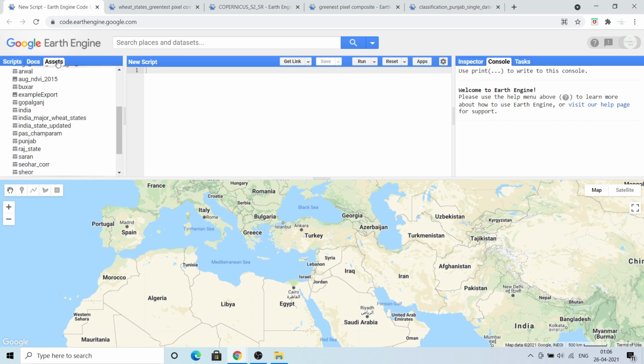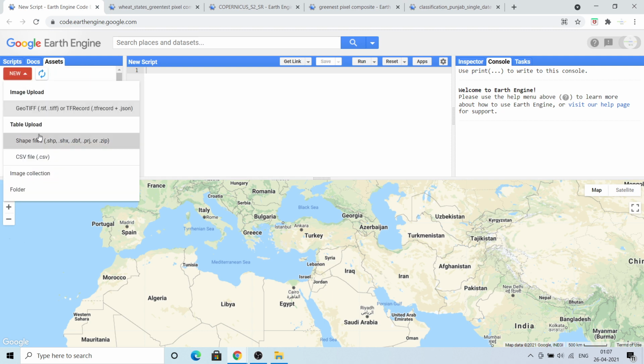And the second one here is assets. Here you can upload your shape files or raster files. Like I have uploaded a lot of files. You can click here on New, then select either GeoTIFF or shape files or CSV files. So if you click on shape files,